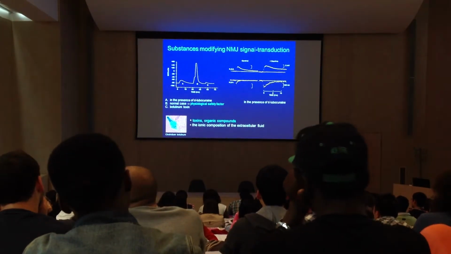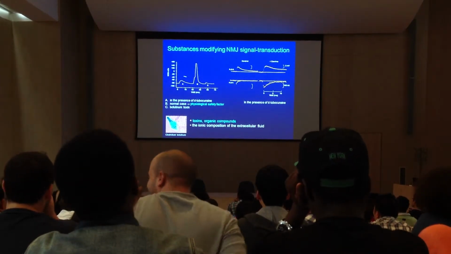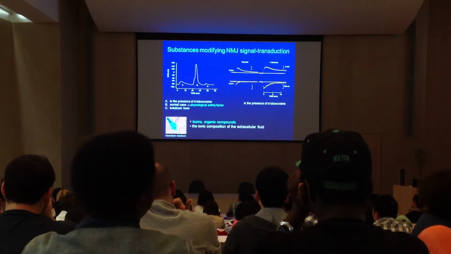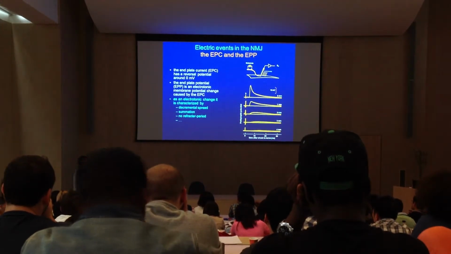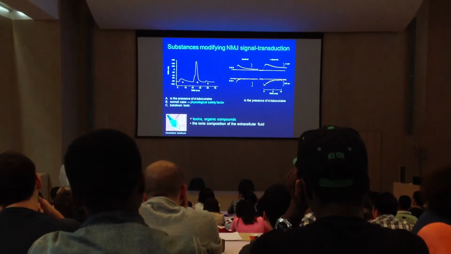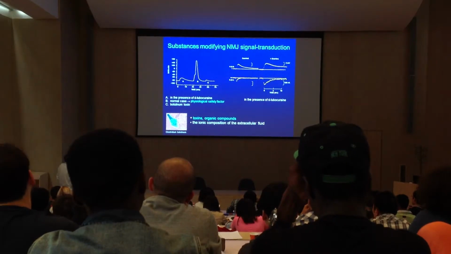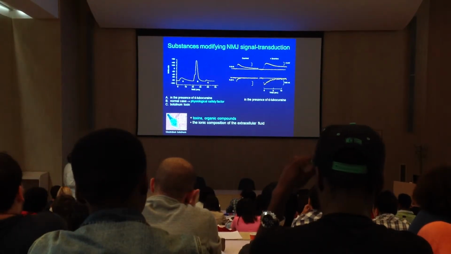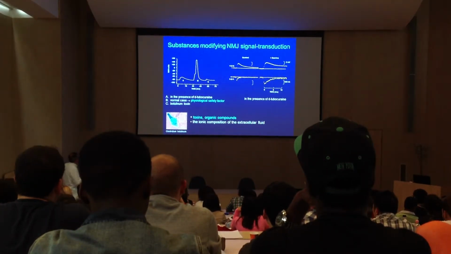So I've been cheating because I've been showing you the case that you see here in case of A, instead of the case in B, where, to get rid of the action potential, the change in the membrane potential is suppressed by the addition of a substance called D-tubocurarine. What that is, I will come back to in a few slides.